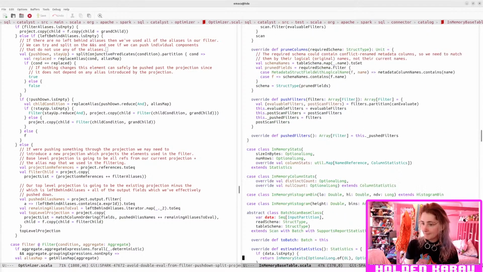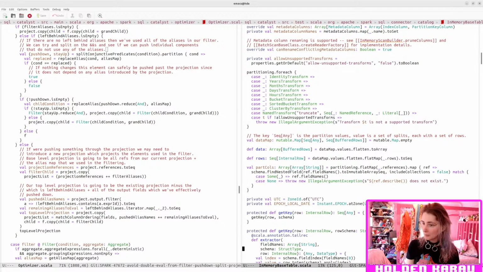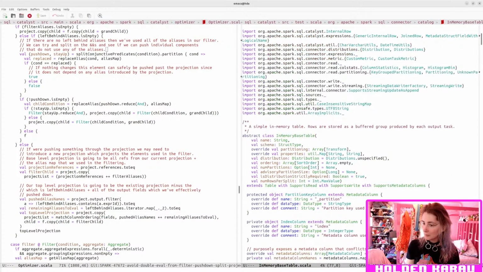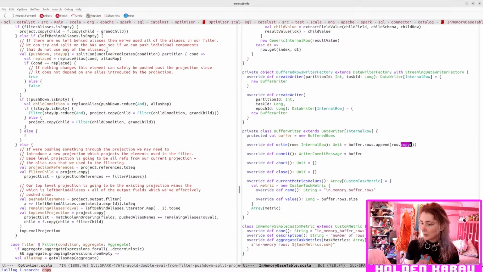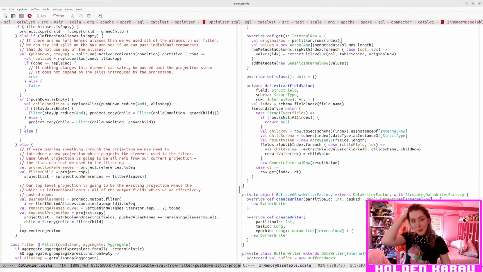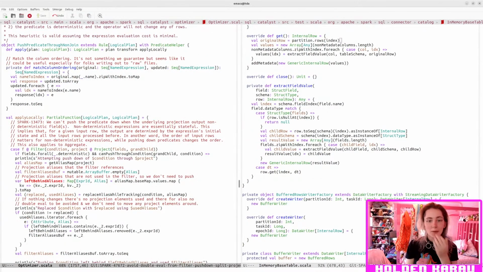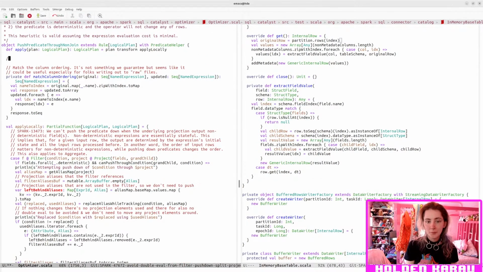Copy. And I don't want to copy the row. Okay. Well, what would we do here? What tool would we need? We would need to find the